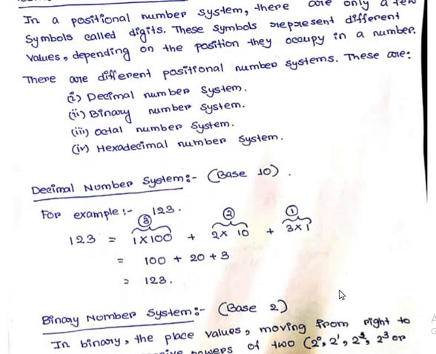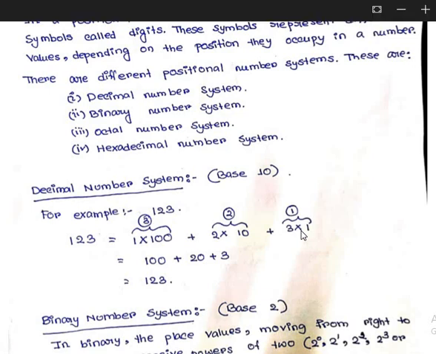Now how can we represent 123 in the decimal number system? As the base of the decimal number system is 10, what we are going to do is multiply 10 to the power 0 with the first digit, 10 to the power 1 with the second digit, 10 to the power 2 with the third digit, and we will continue towards the left. We start from the right and increase the power of 10 as we move towards the left.